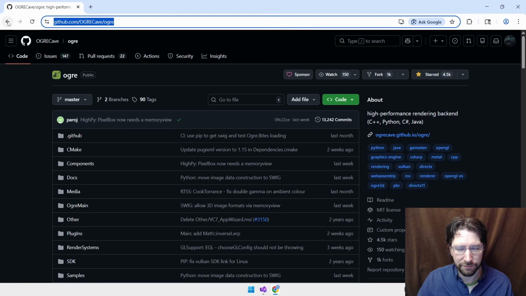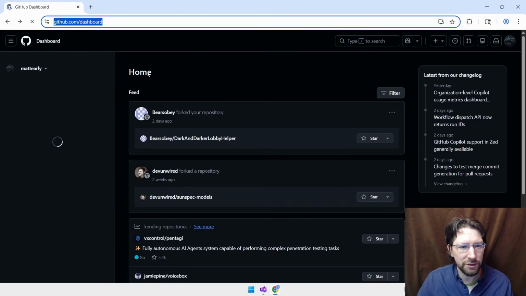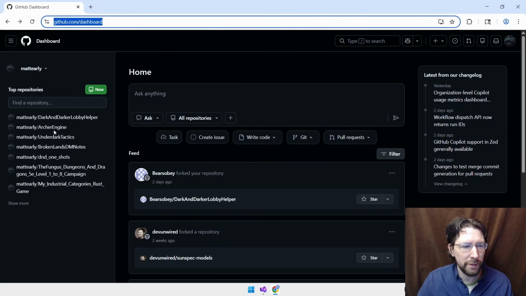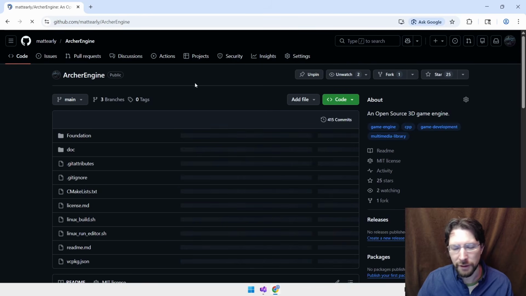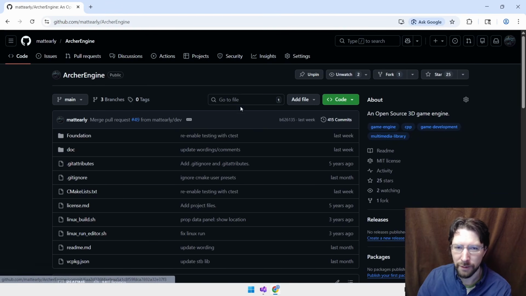Long story short, I'm not really happy with how my little ArcherEngine is, so it definitely needs a rework. And the main reason I want to rework it is actually because I'm trying to use it for the next thing I'm working on, and I'm sort of seeing the flaws in it while I'm trying to do some real work and actually get something properly working.